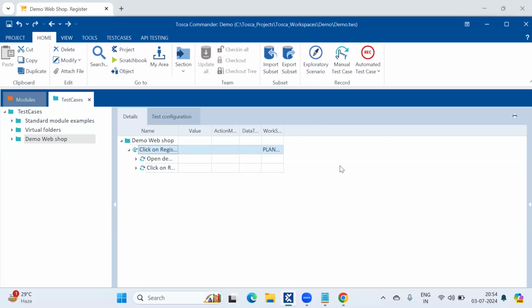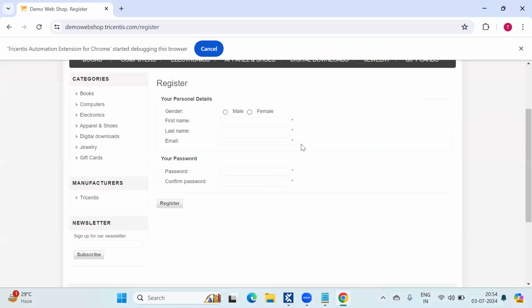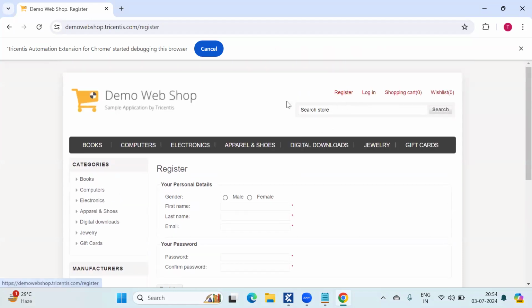That is the reason Tricentis has given a demo web shop application. This application will contain all the controls: radio buttons, check boxes, input text fields, links, everything. If you go to your live project, the application will be different, but the controls will be the same. You need to learn how to work on those controls.